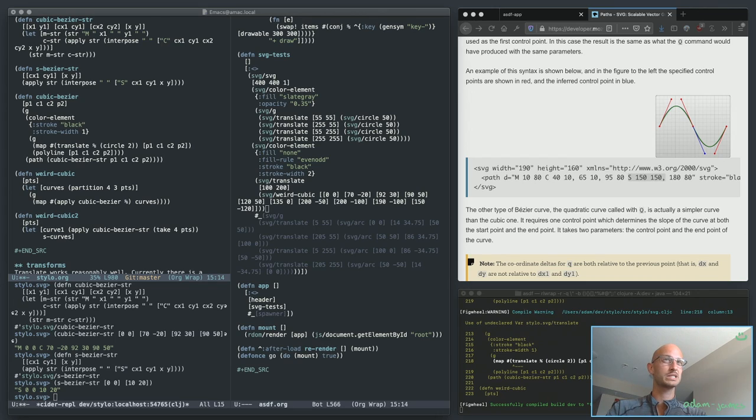S curves is a mapping of the function apply S Bézier string, and you map it over